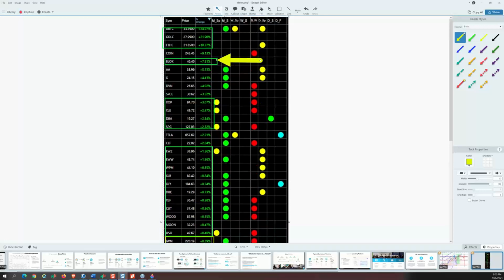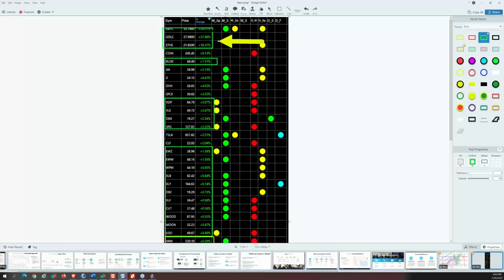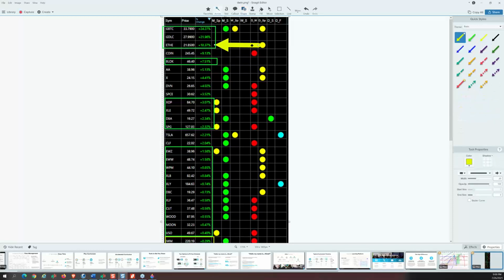Then you have the blockchain at 7.5. And then a great big cluster up here. Great day to be in the digitals, the cryptos. Ethereum Trust up 18%. The large cap blended crypto 22%, and then the Bitcoin Trust 24.25%. Coinbase